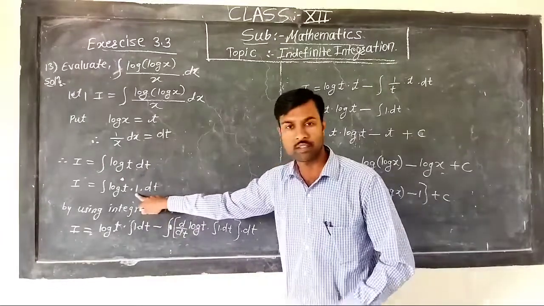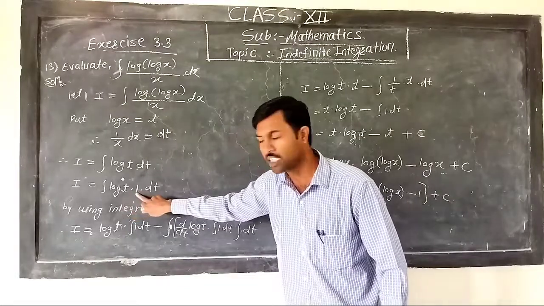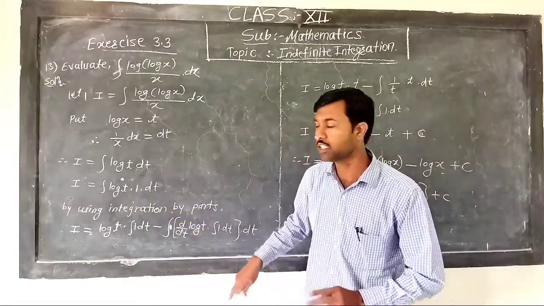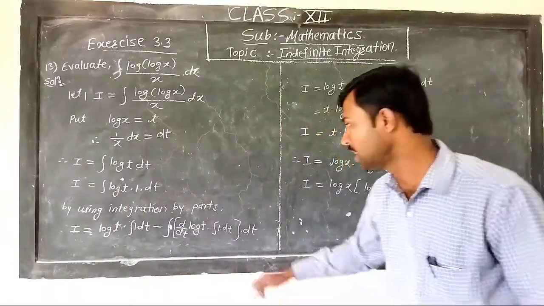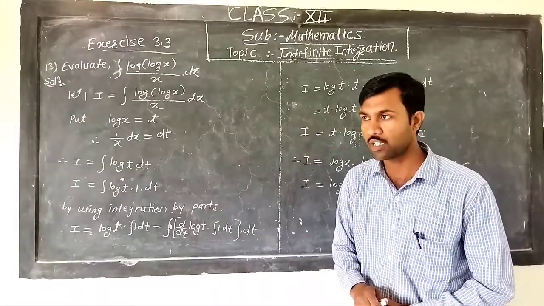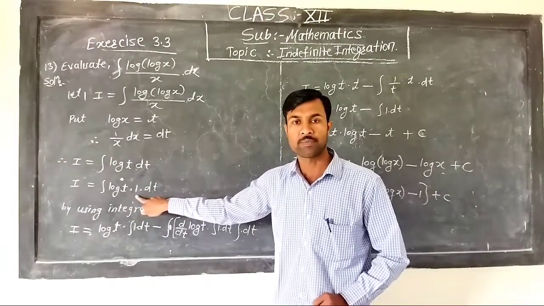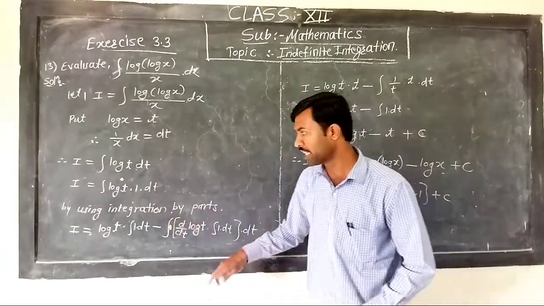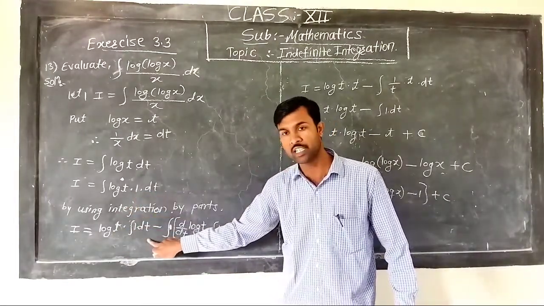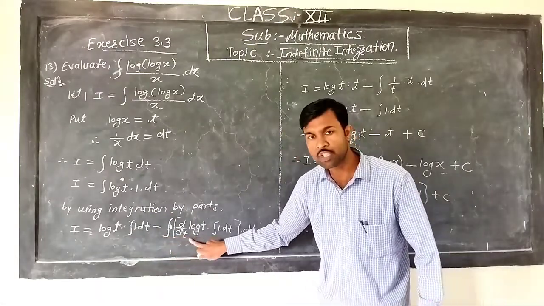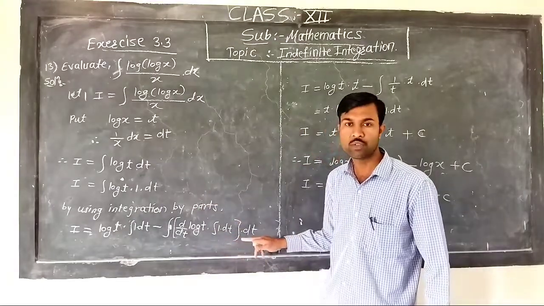Now here, integration of log t dt. I take 1 in multiplication into log t. This is a log function and this is an algebraic function. Here is a product of two different functions, and while taking the integration of a product of two functions, we have to use integration by parts. For that, by using the LIATE rule, our first function will be log t and the second function will be 1. After applying integration by parts, we can write this term as first function, log t, into integration of second function, integration of 1 dt, minus integration of derivative of first function, derivative of log t, into integration of second function, integration of 1 dt, into dt.